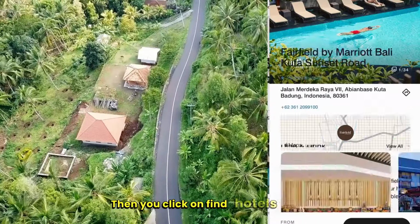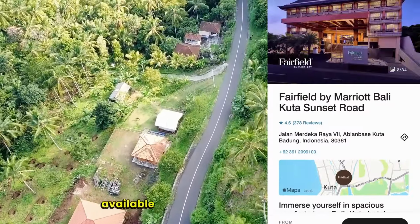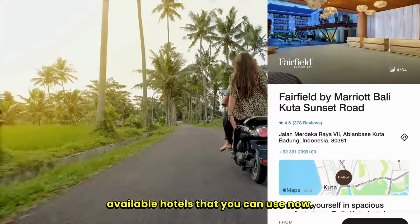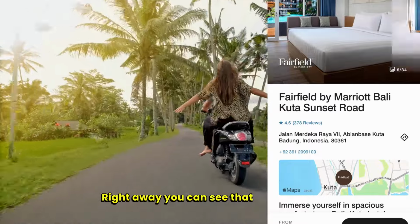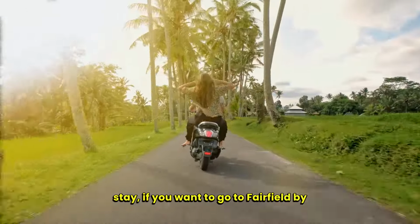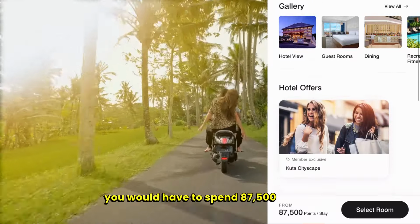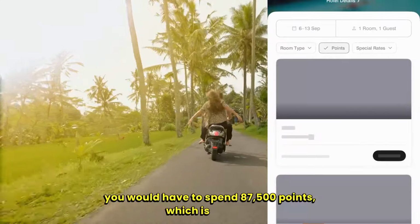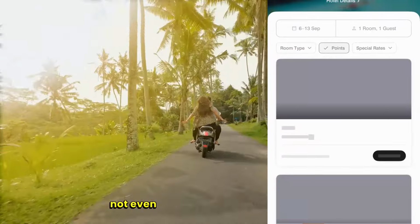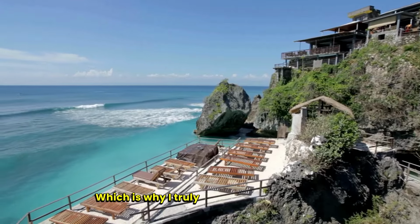Then you click on Find Hotels and you will see a map full of those available hotels that you can use. Now right away you can see that for this 1 week stay, if you want to go to Fairfield by Marriott, you would have to spend 87,500 points, which is already not even half of your welcome bonus, which is why I truly believe this is